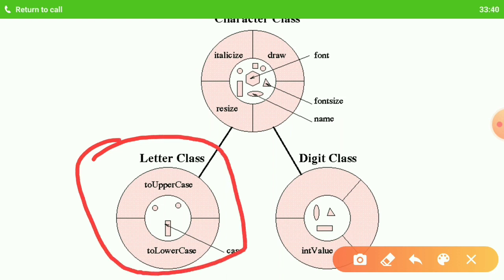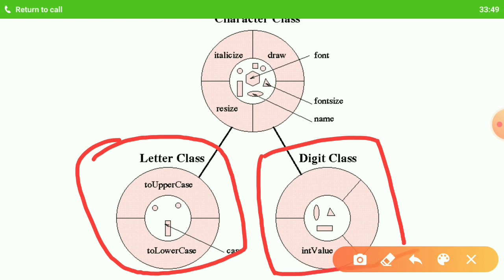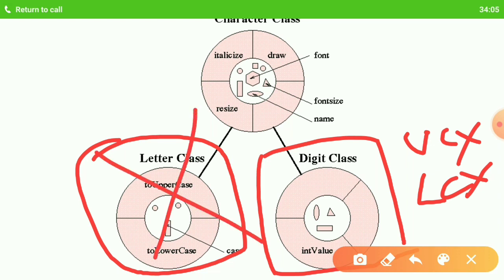Similarly, when we deal with digit kind of character, a digit cannot be converted to uppercase or to lowercase. It has no case. So that means the digit class is different from the letter class. How?